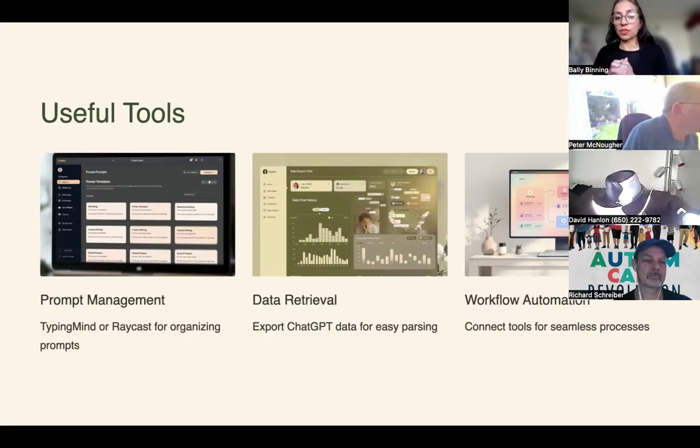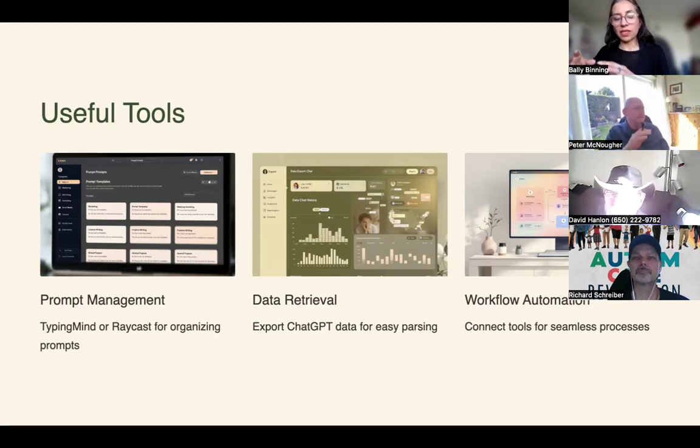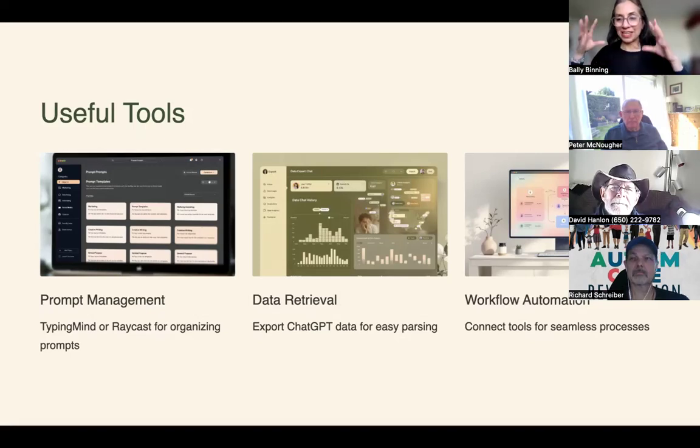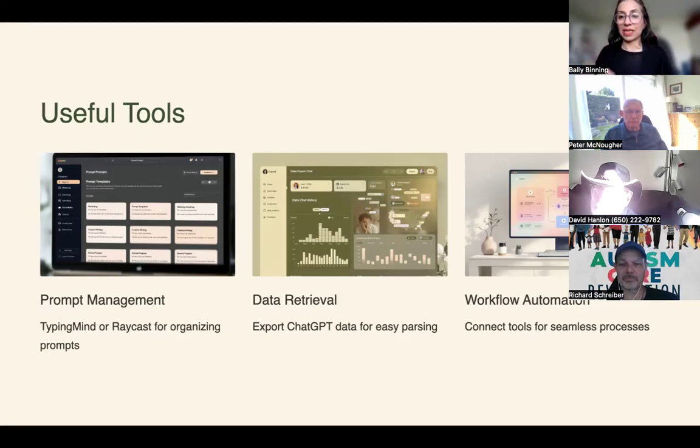And data retrieval, so easy for parsing. Parsing is just other models understanding the language, or the way it speaks to other models. The great thing about being in this space is you don't have to have all the years of experience that someone like Richard has, who has spent years in this space, because actually a lot of it we can do as experts in our own field, right? So we can go in. And my passion, through being a linguist and looking at semantics, has really brought me into this, because it's like wow, it is an amazing area.